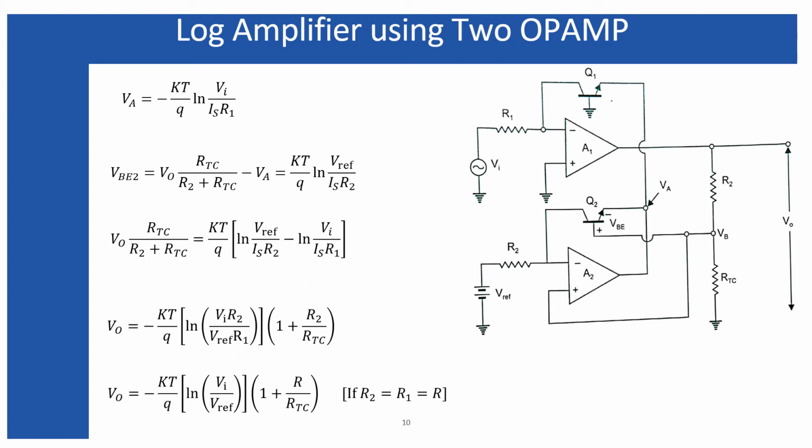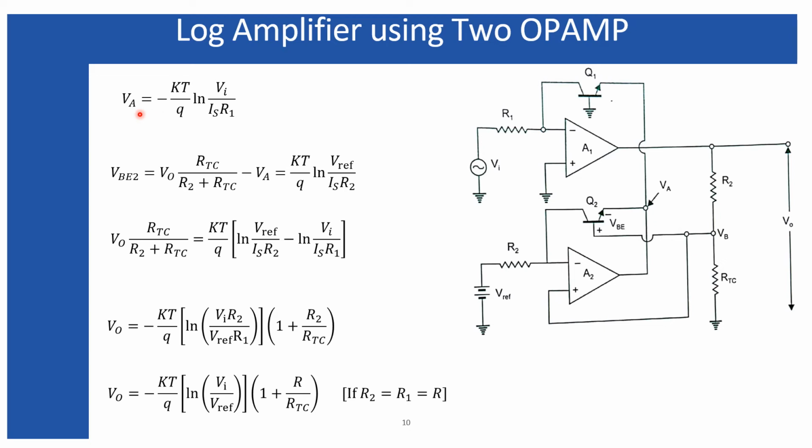The number of operational amplifiers that are used in the previous circuit was 4. Here is another logarithmic amplifier which uses only 2 operational amplifiers, but the configuration is as shown over here. Now from the basic principle of the logarithmic amplifier we can identify that Va is the potential appearing as the emitter potential of the transistor Q1, whereas the base voltage is grounded.